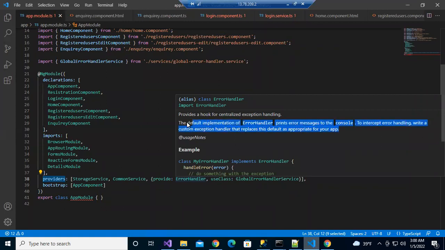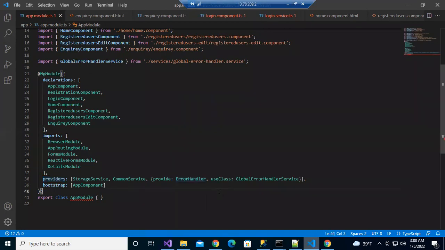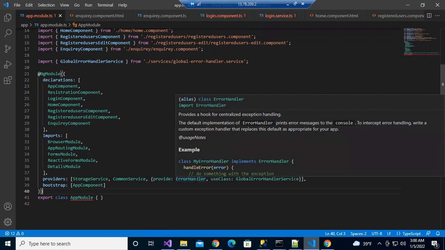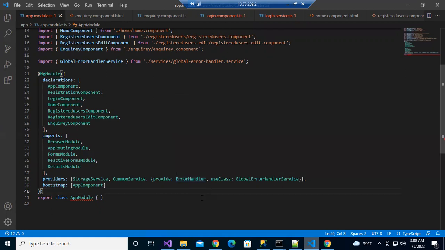Generally, this is the exact definition. If you see the definition, you will not understand yet. Okay, simply do like this. By default, Angular will implement error handler to log the error in a console. If you want to map our custom error service or created error service, both are the same.